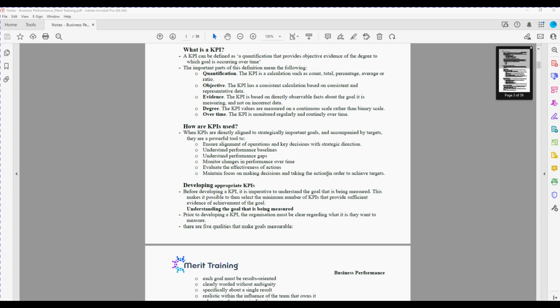So how far away is that from where we should be or where we need to be in order to hit our goal? It also enables us to measure changes over time, as we discussed earlier, which is important to understand trend and where the business is heading. And it also allows us to understand and evaluate the effectiveness of actions, because with this trend over time, we can actually pinpoint when we did certain initiatives.